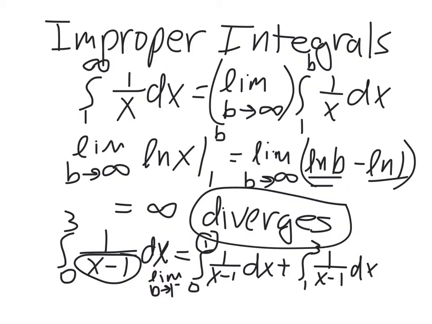And then this one, it doesn't matter if you say b or a or whatever. Normally we treat the bottom limit as a and the top one as b. So in this case we'd have the limit as a approaches 1 from the right, looking at the interval from 1 to 3, so anything a little bit bigger than 1. So limit as a approaches 1 from the right, and then integrating a to 3 and work